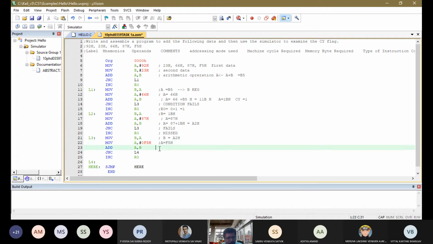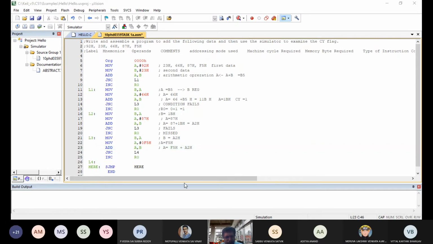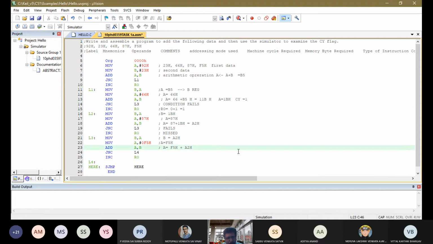And then now you are performing the summation. A is equal to F5H plus A2H. A2 plus F5 gives 197.